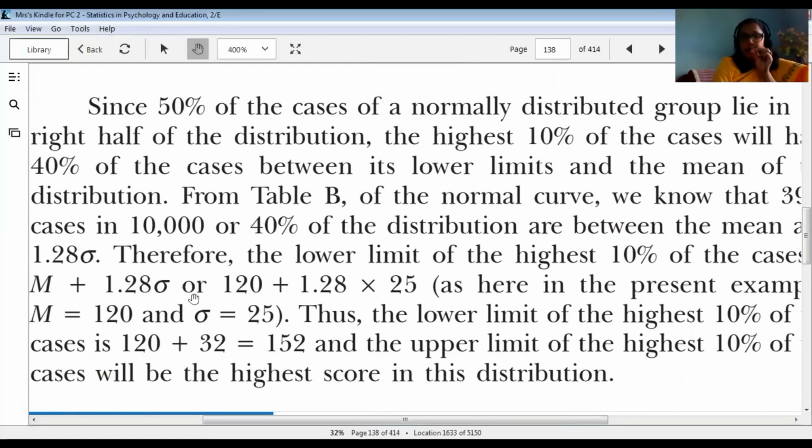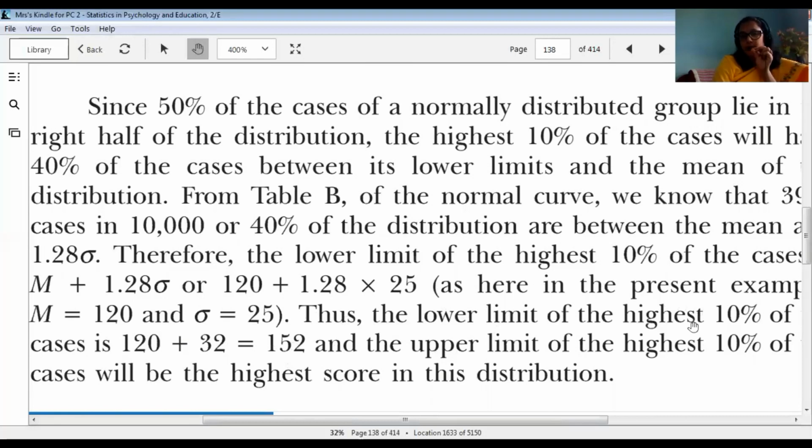So putting the values in the formula, as we have the sigma value here, but we need to find out the X value, what we got is that 152 is the lower limit, the score at the lower limit of the highest 10% of the cases. 152 is the lower limit of the highest 10% of the